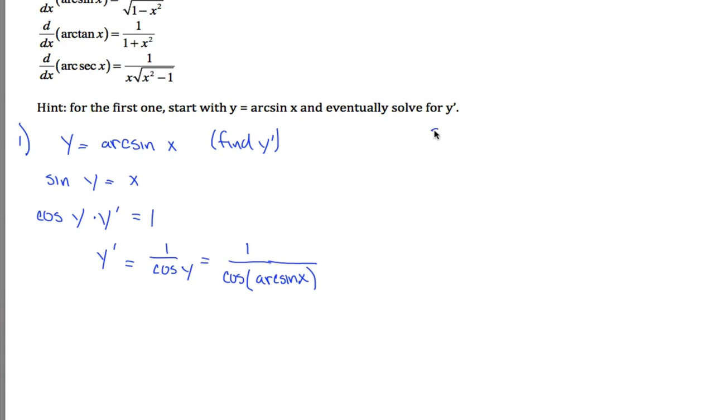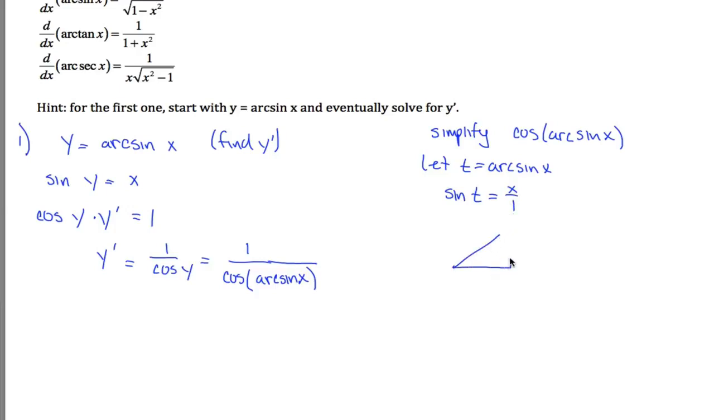So maybe I'll even write that over here. Let's simplify cosine of arc sine of x. And the way we'll do that is let's let t be equal to arc sine of x. Because if t equals arc sine of x, then the sine of t is equal to x, which I'm going to write as x over 1. And if the sine of t equals x over 1, that means I have this picture right here. It means that if I'm calling this angle t,